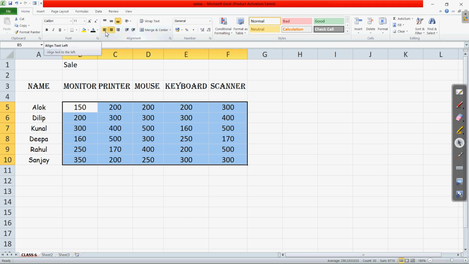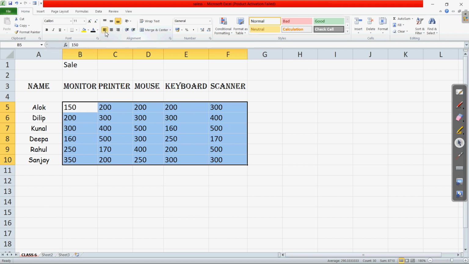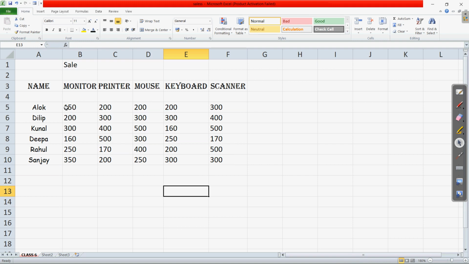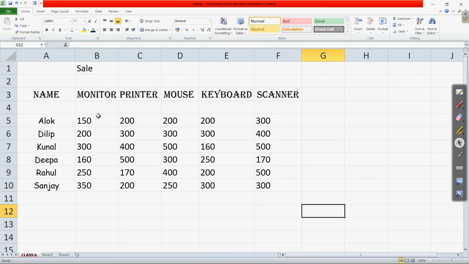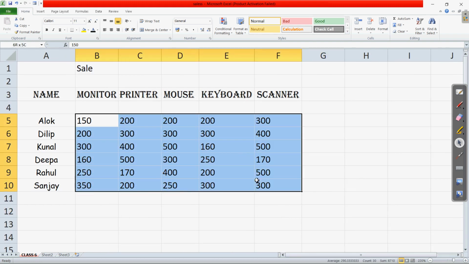Now if I click on left, then this text will move to the left of all the cells. You can see that this data is now appearing to the left of these cells. Let us zoom in a little more so that you can notice it better. Now if we want to make it appear in the center, let us click center alignment.